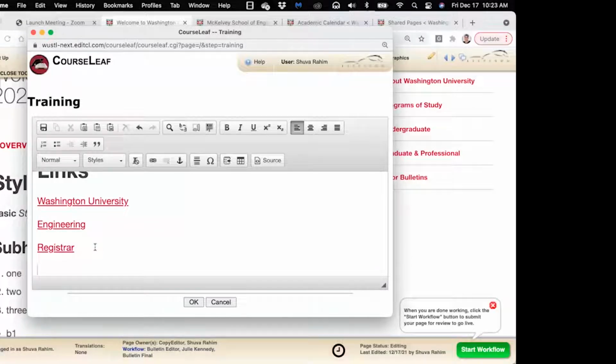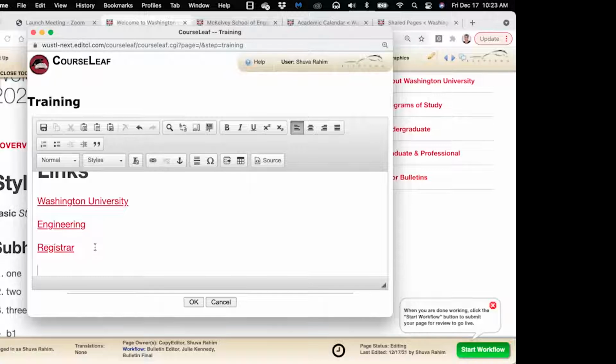There's a couple other links I want to show you. And this is something that's a little bit different right now, but we are going to look into this on our end because I did notice something that wasn't working correctly, but I just want to let you know that ahead of time so you're not alarmed by it. So the first